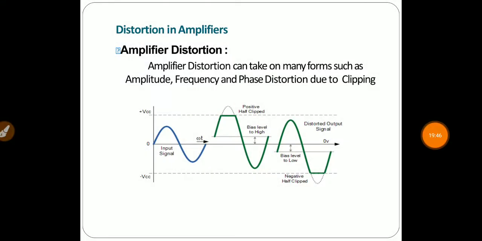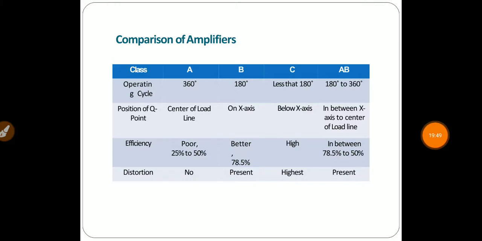So students, in this video, we have completed the topic of amplifiers. We have learned about all types of power amplifier, which are class A, class B, class C and class AB amplifier, and we have also compared these amplifiers in different parameters. So students, this topic is completed, and in the next video I will cover the next topic of your syllabus.